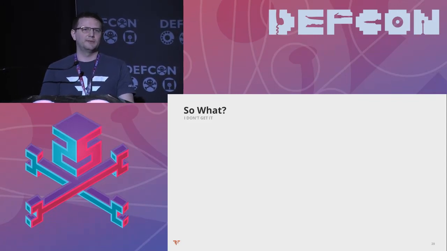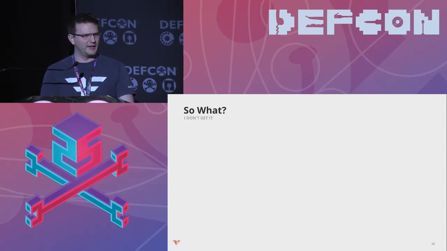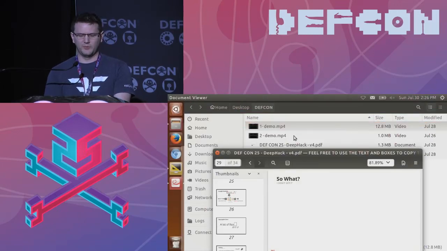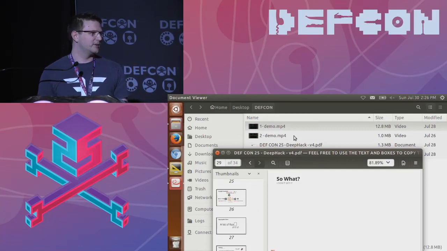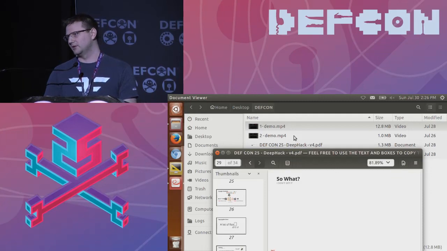So maybe at this point you're thinking, like, so what? So you made some computer program that hacks into a web application's database, they already have programs that do that. And that's true, but part of what makes DeepHack special, and part of what might make you want to make AI-based hacking tools, is there's nothing actually in what we were talking about that's specific to the underlying database type. In fact, part of the entire thrust of this is that it's agnostic to the underlying database type, the structures and things like that. So in the previous example, we showed you exploiting a SQLite database because SQLite was easy.